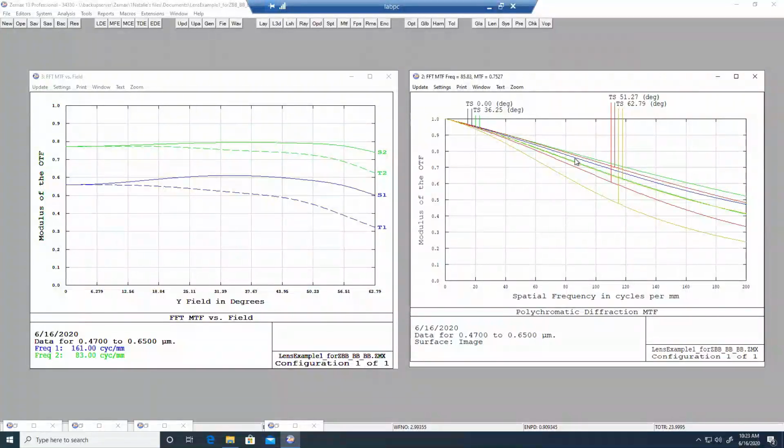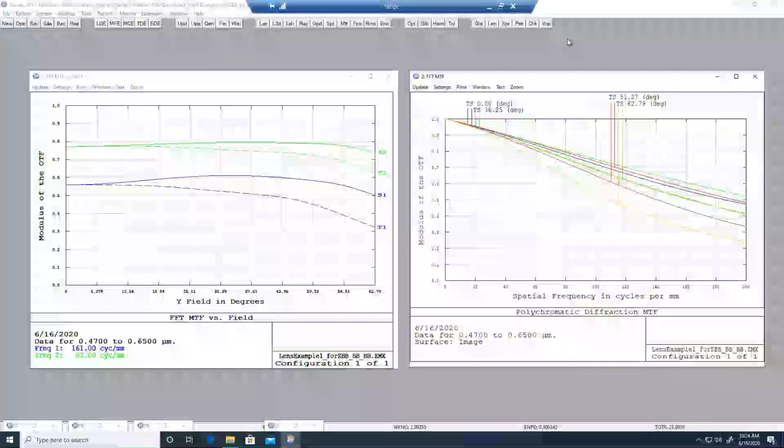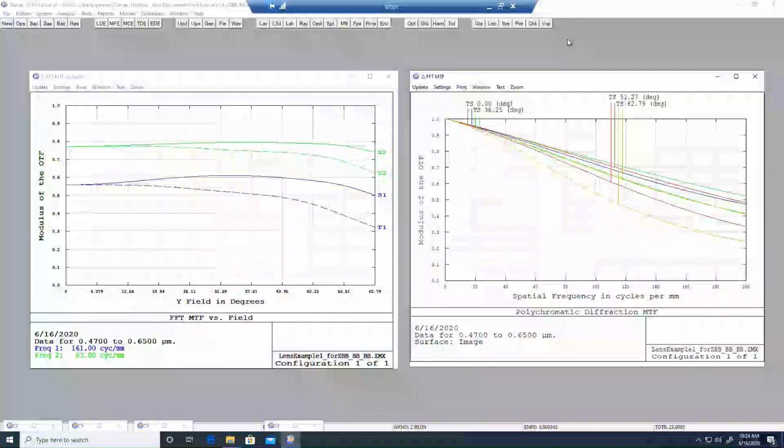And Ben, between the two, if they show similar data, when would you use one or the other? Yeah, that's a good question. And again, it's important to reiterate that they show the same information, but in slightly different formats. I personally find the MTF versus field graph on the left very useful for seeing how flat the response is for the lens across the field. And that's at a particular spatial frequency. So if, for example, you know the spatial frequency that you want,